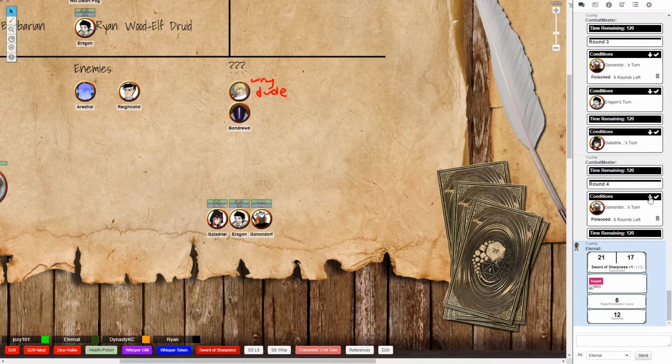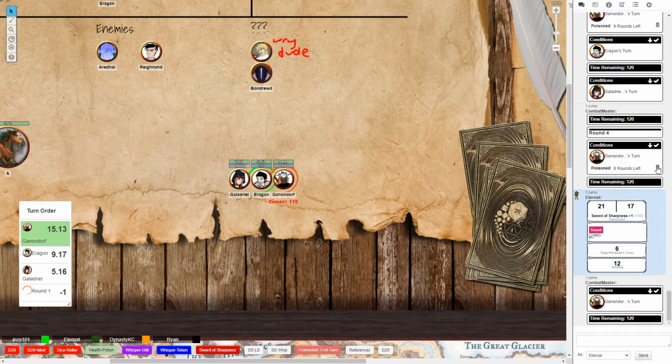You have a trash can next to your condition. Yeah, because I'm not poisoned. Get the crap out of here. Delete. All right, let me see if this works now. That's if I were to cure or something to happen. I can